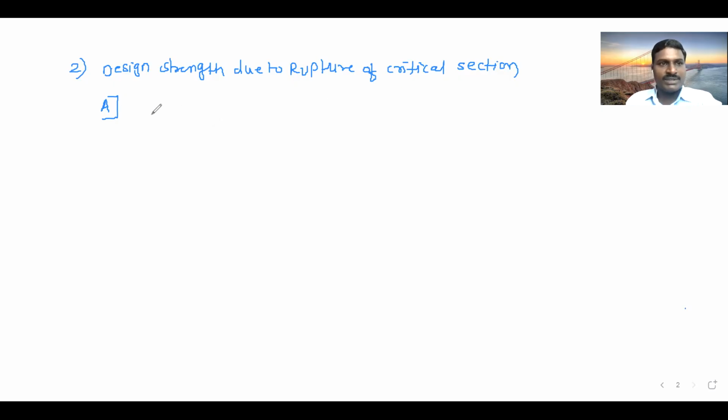So for first, capital A, for plate, if a plate is given, how to calculate the design strength due to rupture of critical section? So for plate the formula is